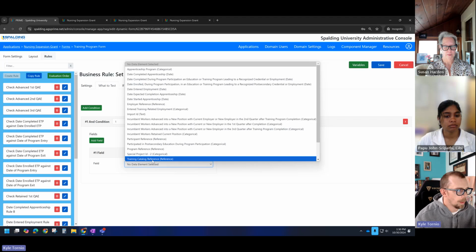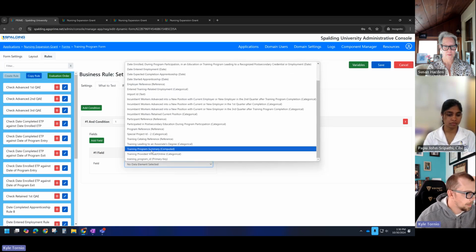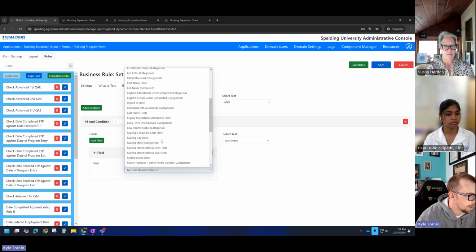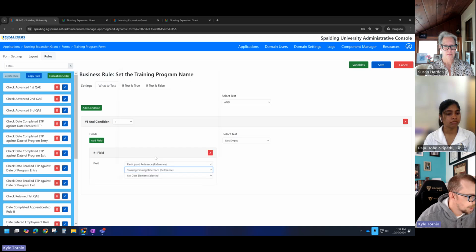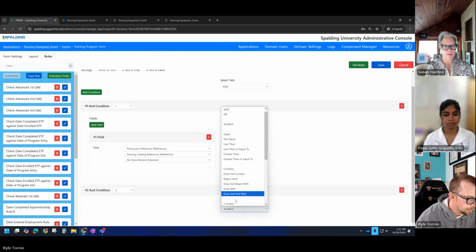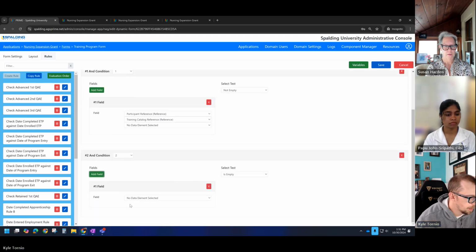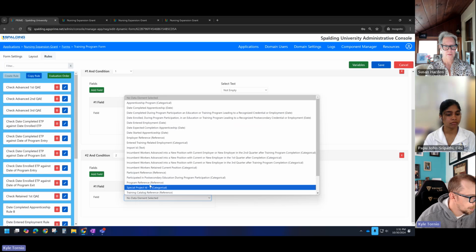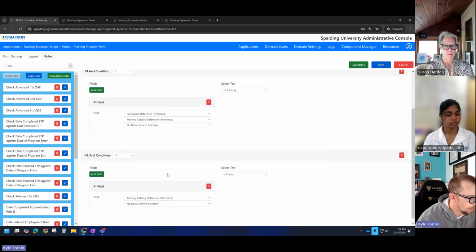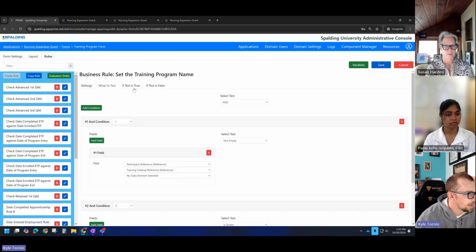I'm on the training program form and I'm going to reach out to the participant data set. If on the participant data set the training catalog reference value is not empty, and it is empty on the current form, the training catalog reference,